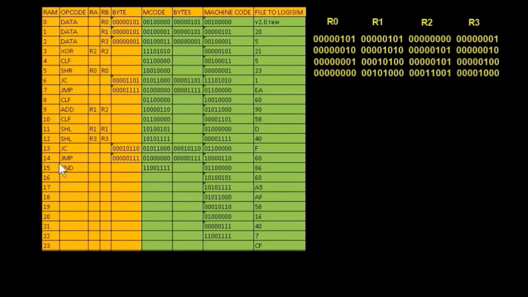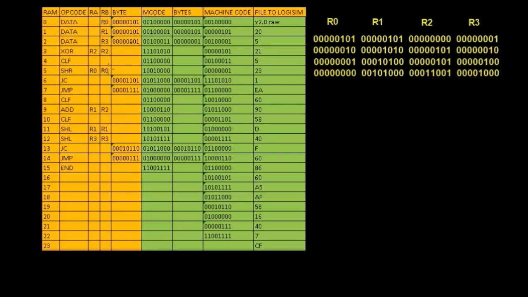So we get to that point there and we add 1 onto register R3 again, and when we add the 1 onto register R3, we're now at this point here. Okay, so we're shifting it left and we're at this point here. We're still not finished yet, so it jumps back again to the clear flag instruction, and it continues again with the shift